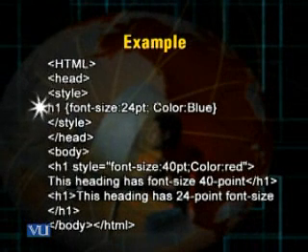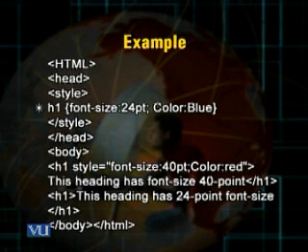So you can clearly see that the embedded method had provided the properties font size 24, color blue, but when we come to the body tag, the first H1 tag has used the inline method, and there the font size is different. It is not 24, rather it is 40 point, and the color is not blue, but the color is red. Therefore, where I have used the inline method, the heading would in fact be according to that property which was introduced in that inline method. So therefore, you see the first heading, it is in red, and it is in 40 point font size.